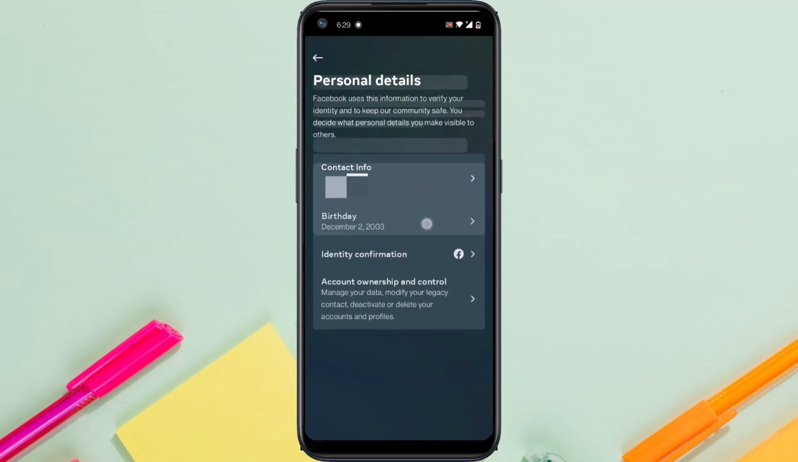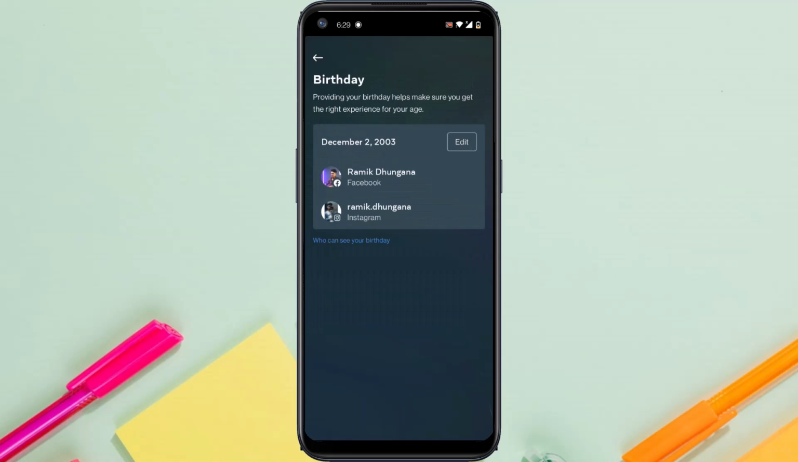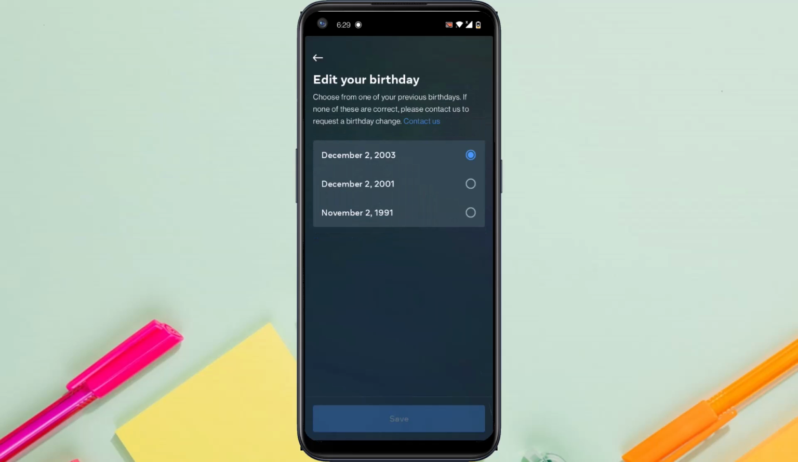Now it will take you to this page where you'll have to tap on the option personal details and now tap on birthday. Now it will currently show me my birthday, which is the same for my Facebook account as well as my Instagram account, as they are both linked. So in order to change your birthday, tap on edit and now it will show you your previous birthdays. But if you want to change something beyond that, you'll have to directly contact Facebook or Instagram. So tap on contact us